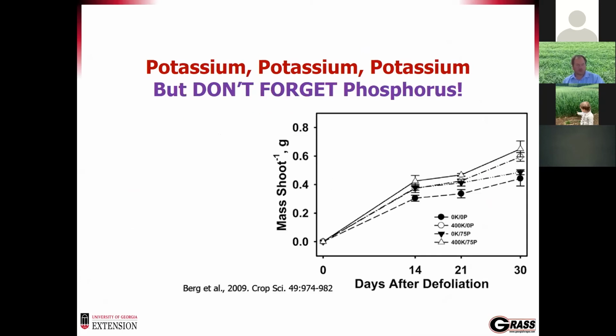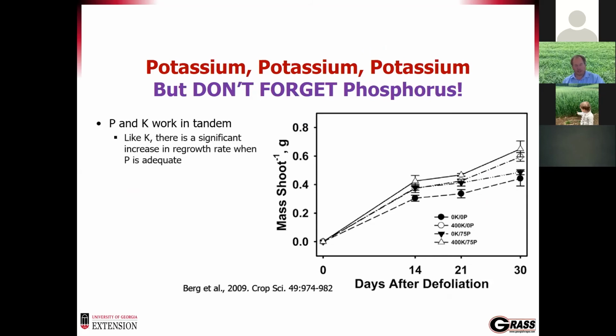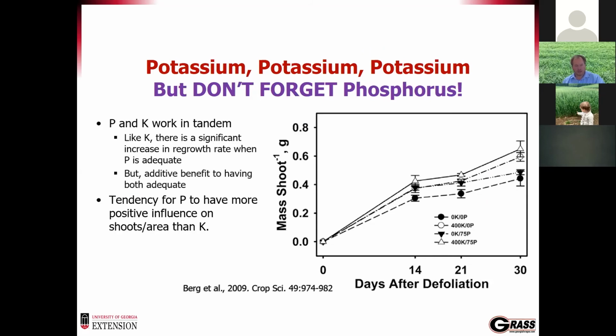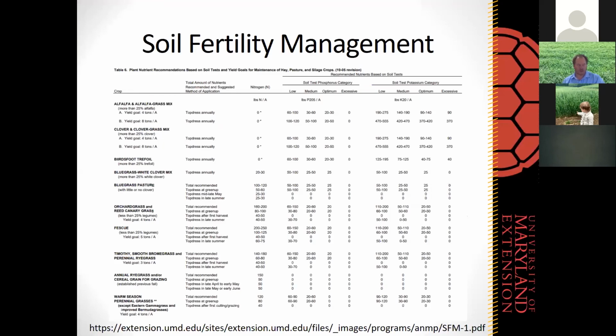Phosphorus is also important with potassium, so they kind of work together. Phosphorus tends to have a little bit more impact on shoots per area than potassium does. And you saw the earlier picture of root growth where you had adequate phosphorus and potassium available to that plant